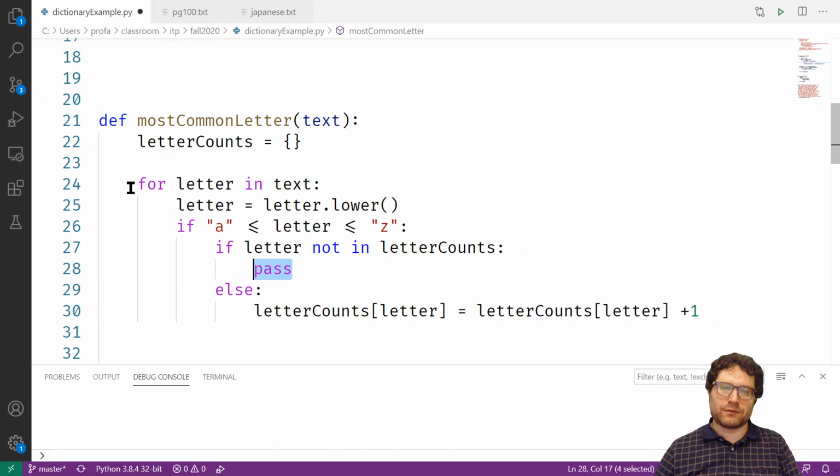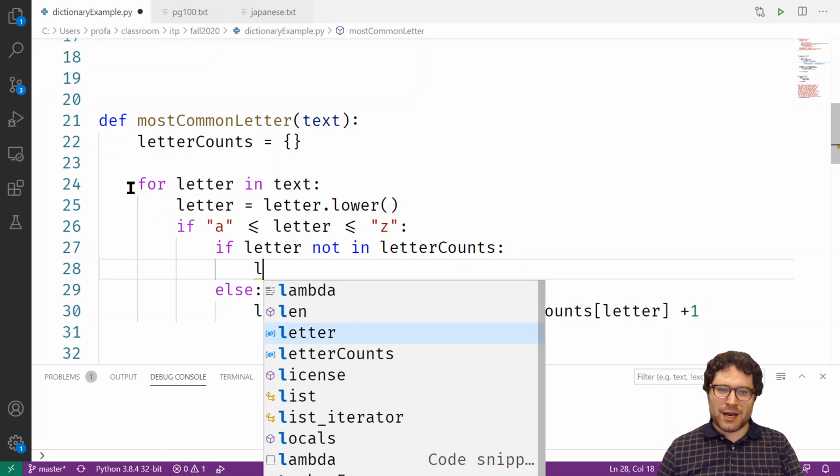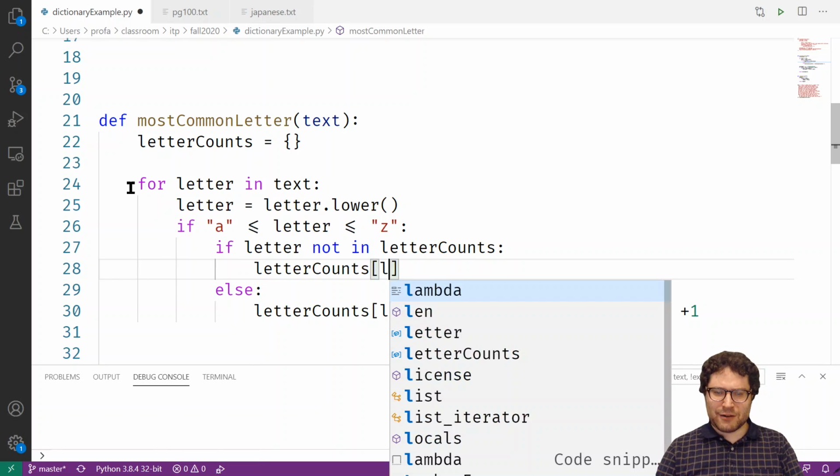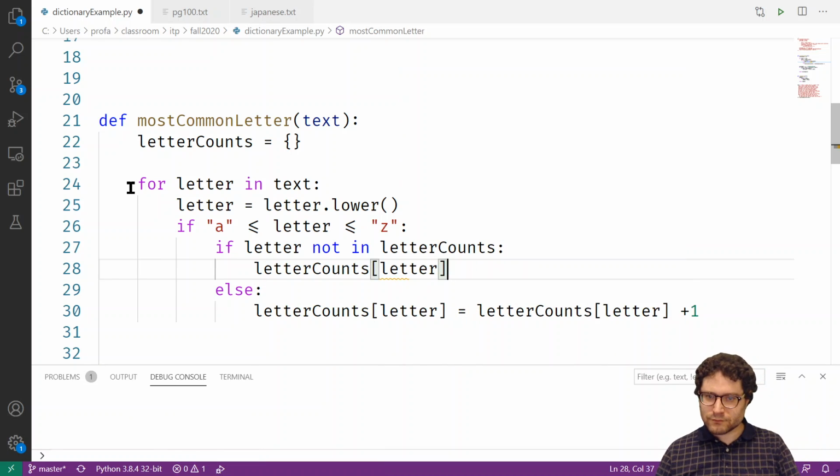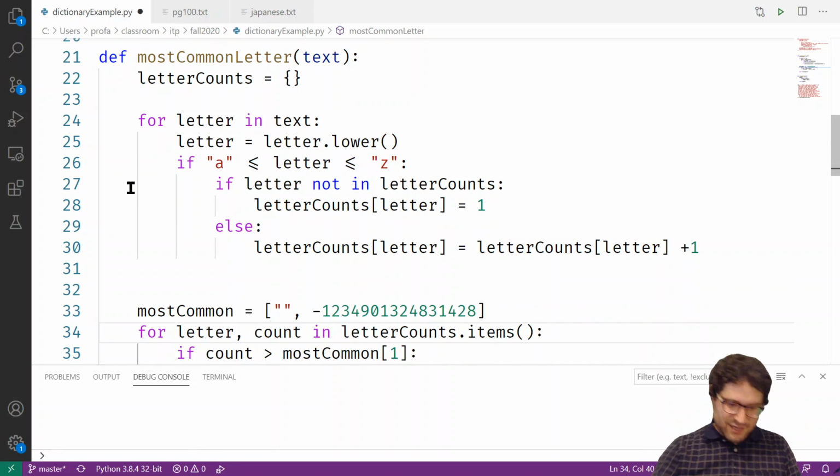It's actually quite simple. All you have to say is, well, I haven't seen this letter yet, but I have now, and I've seen it once because this is the first time I saw it. And as you'll see,